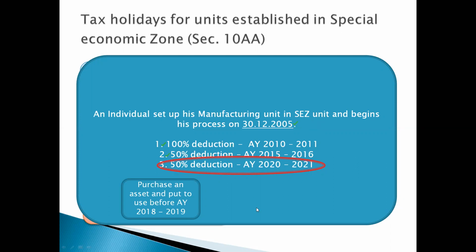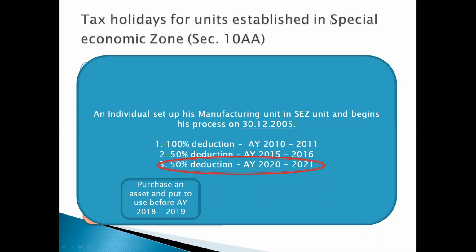So if the company or the individual has to claim a 50% deduction for the subsequent 5 years, then they'll have to follow certain conditions. One is that from the start of the first year, after the 10 years of exemption as available under the Act, they'll have to create a reserve account,